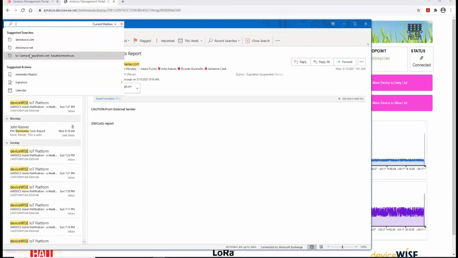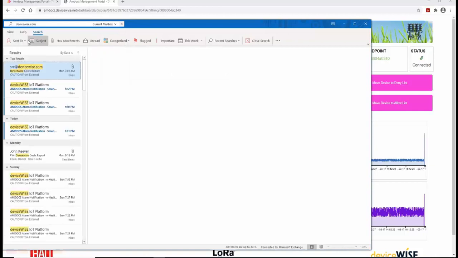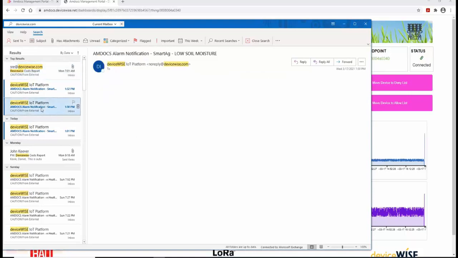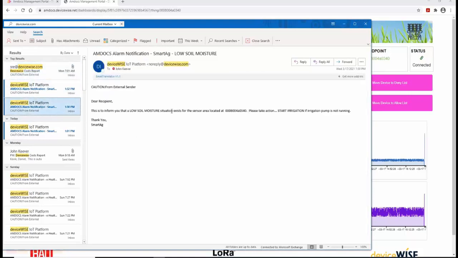Let's see, we'll go in and sort on device-wise. Okay, so I've got some alert notifications here. Smart notifications set, low soil moisture. There's a low soil moisture notification. Right now we've got a high soil moisture notification as the actual signal is coming in as well. So what we can do is, it's basically saying, from the system automatically, you've got a high situation located